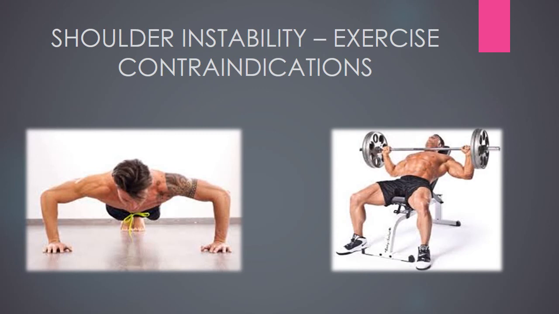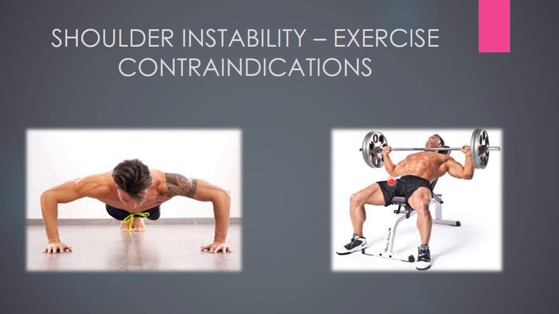Here shows an examinee doing push-ups, and you'll notice that the shoulder is in 90 degrees of abduction. Now, this maneuver could be performed in a safer manner by keeping the elbows a little bit closer to the sides of the body, back in this direction here, with less abduction at the shoulder joint. That would be more user-friendly on the shoulder joint.